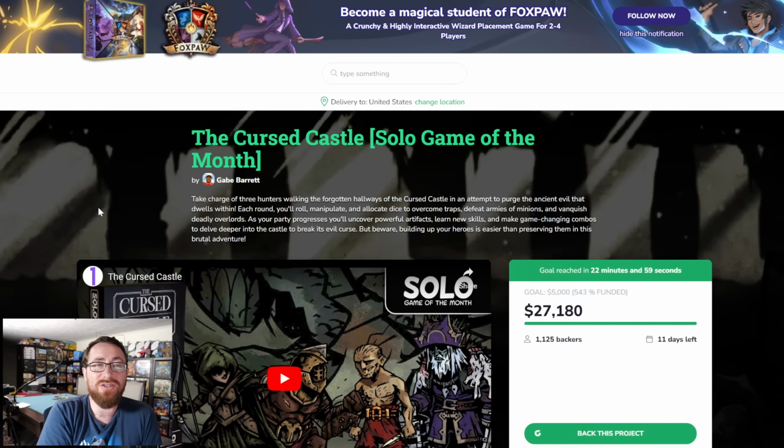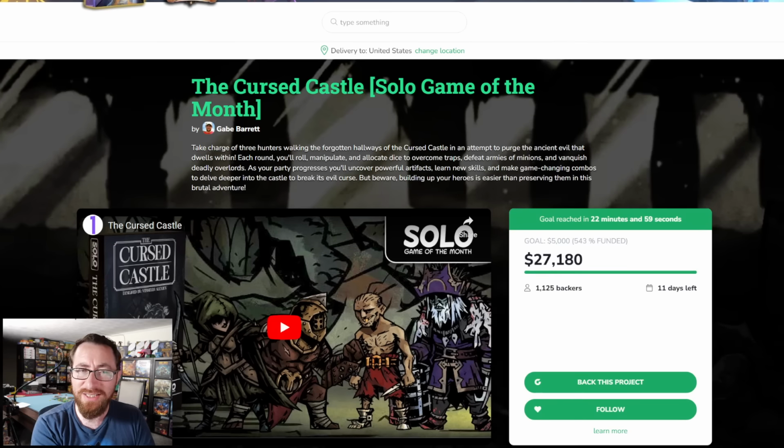Moving on, we have the Cursed Castle Solo Game of the Month from Gabe Barrett from Barrett Publishing. 1,100 backers, $27,000 raised, 11 days left to go. The Cursed Castle looks to be leaning into a Darkest Dungeon style of art